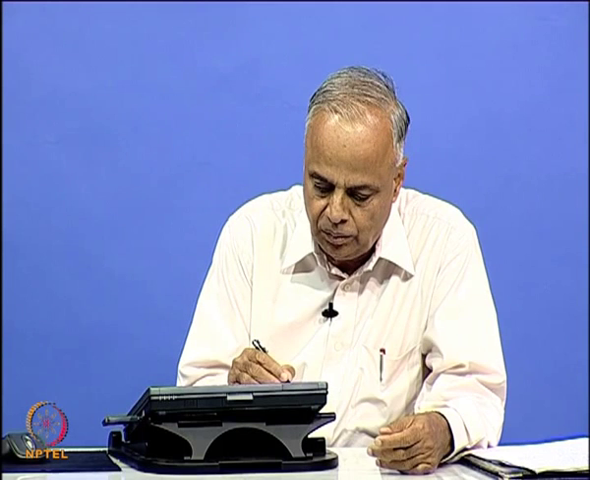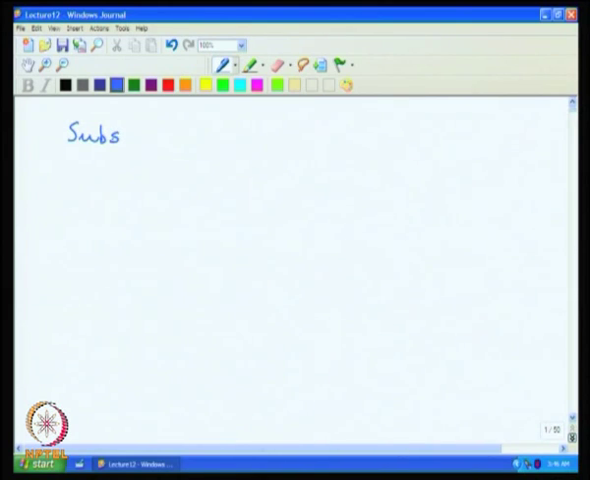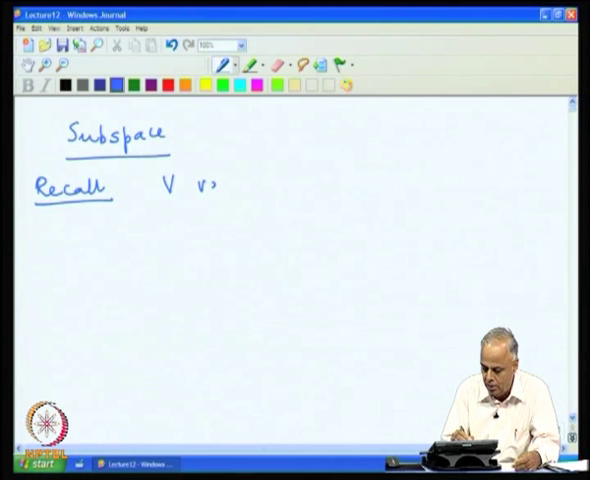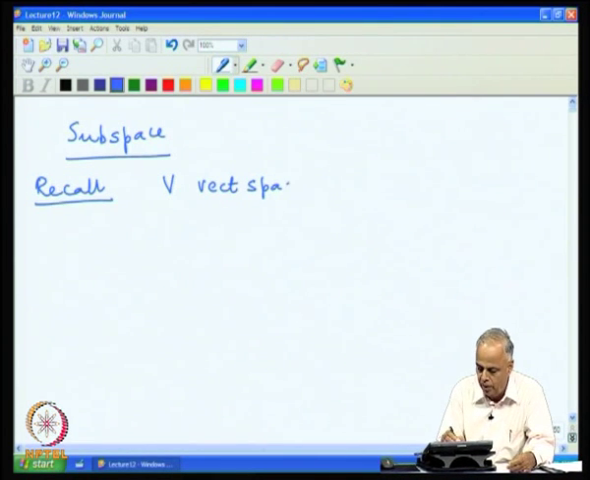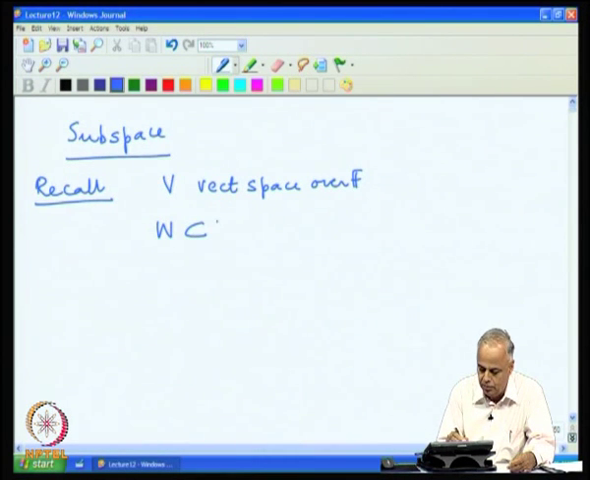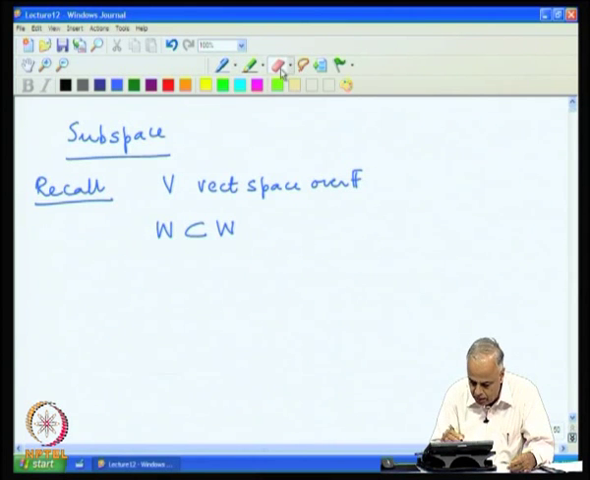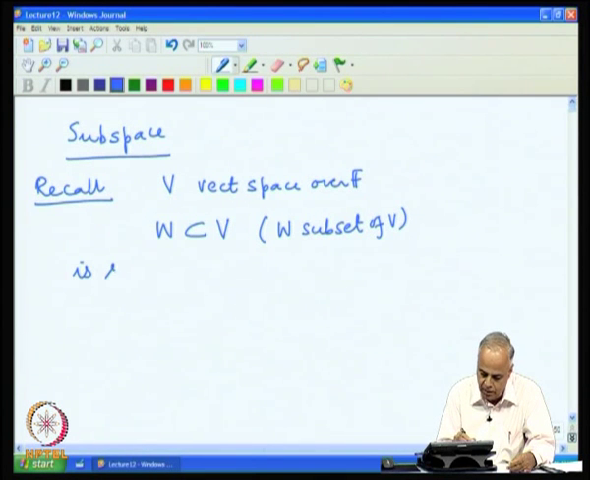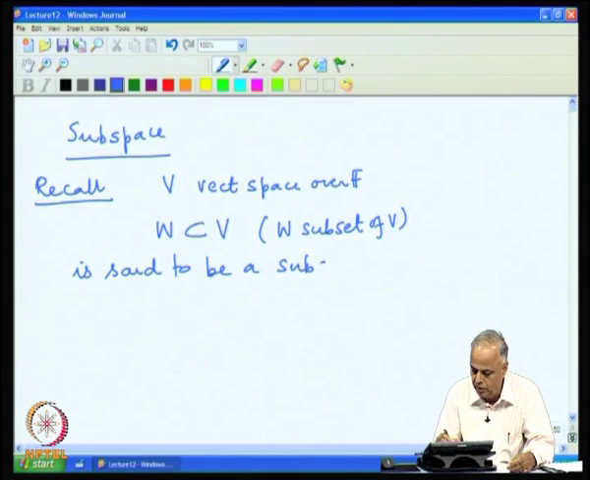In the last lecture, we introduced the basic notion of the subspace of a vector space. Let us recall what is meant by a subspace. We have a vector space V over a field F, and we have a subset W. W, a subset of V, is said to be a subspace of V